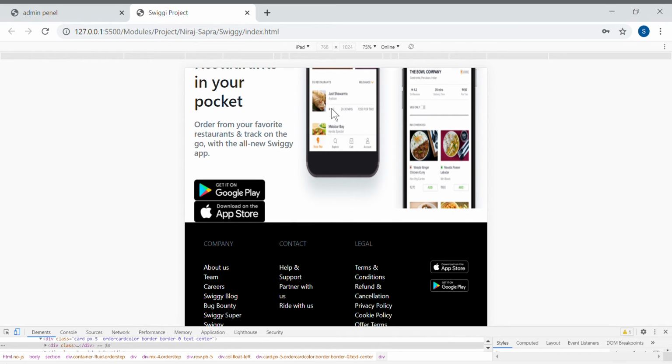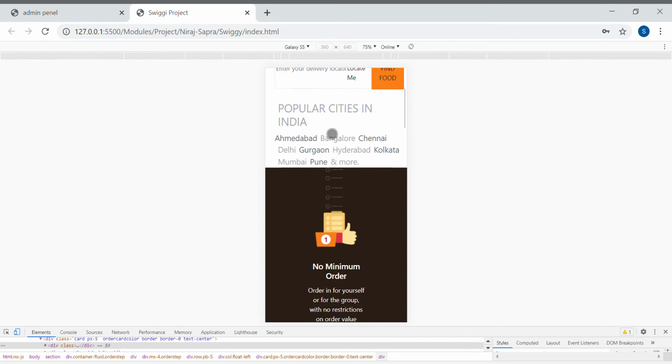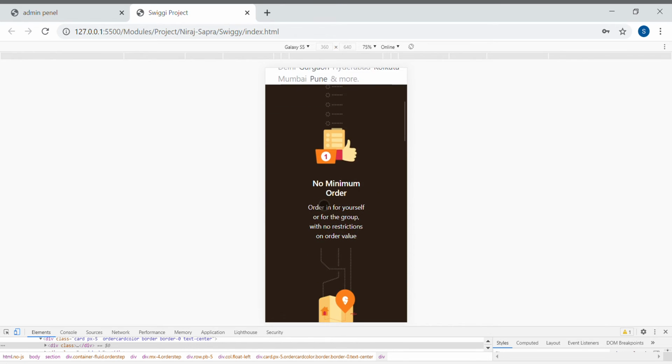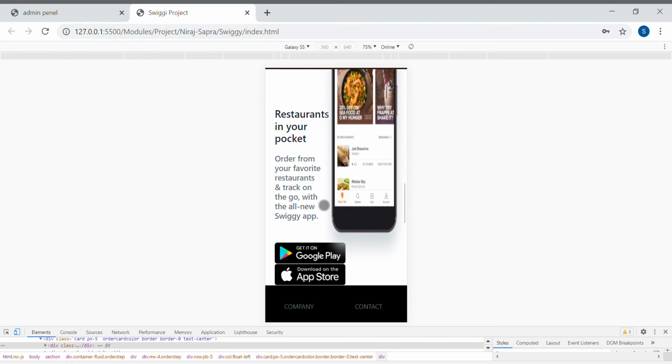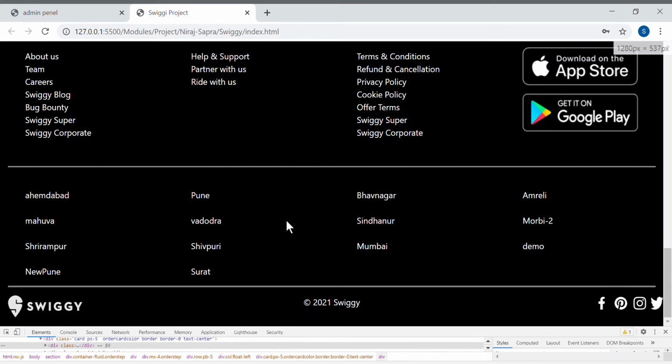And I can show how it looks as a mobile phone. So the mobile page looks like this, right? This is the swiggy.com icon, and here we show the article and the footer, right? So we go to our laptop page.